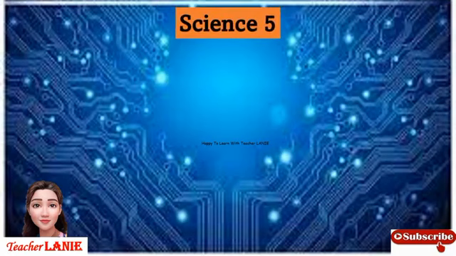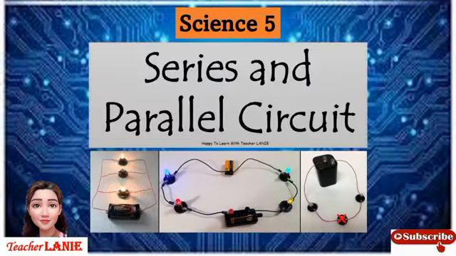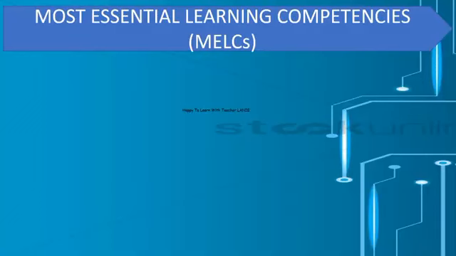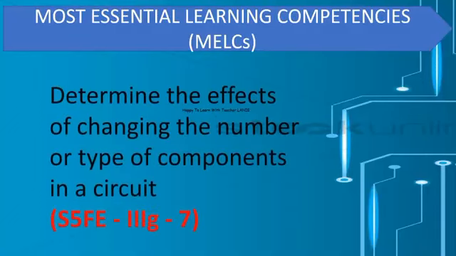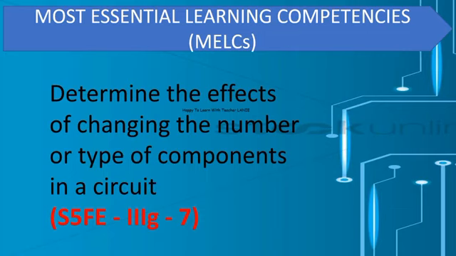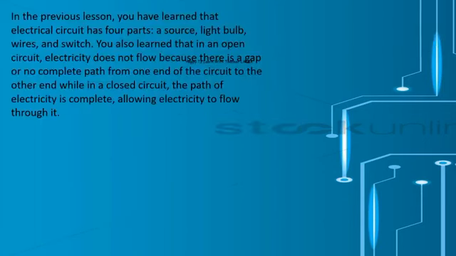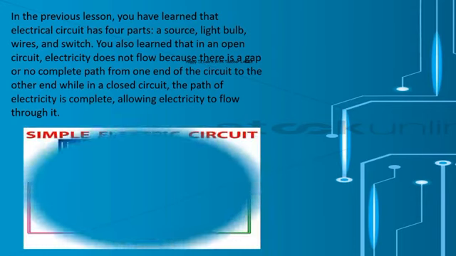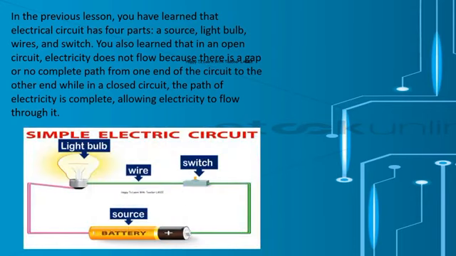And today, I will discuss to you about series and parallel circuits. I am teacher Lani. Most essential learning competencies: determine the effects of changing the number or type of components in a circuit. In the previous lesson, you have learned that an electrical circuit has four parts: a source, light bulb, wires,